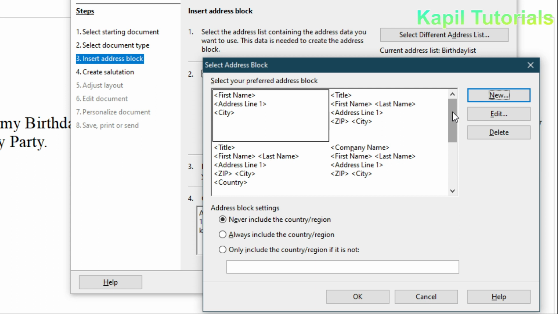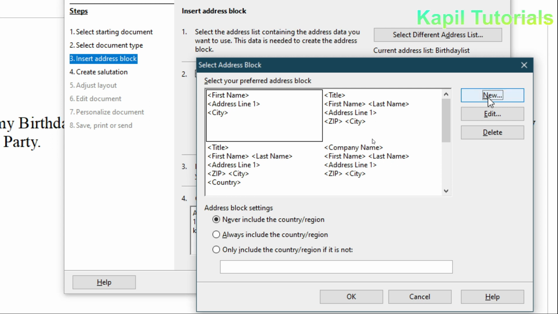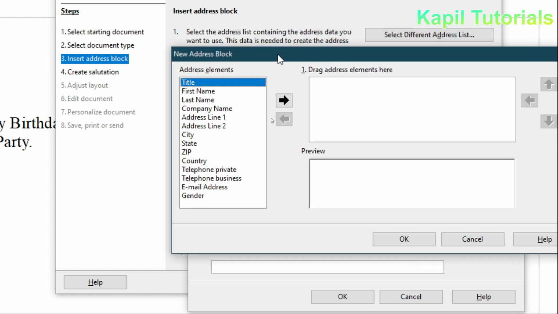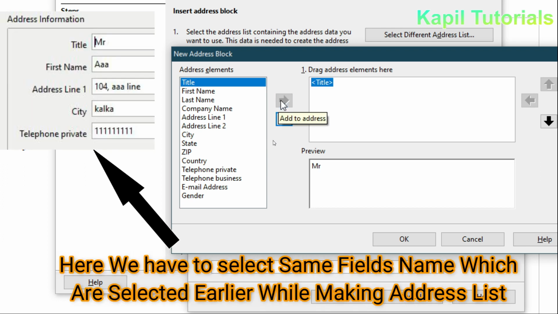So what can I do? I can click upon new. Now nothing is there, but in the starting I have also used the title, so I can click upon this one, drag title. You could see here Mr. is coming.